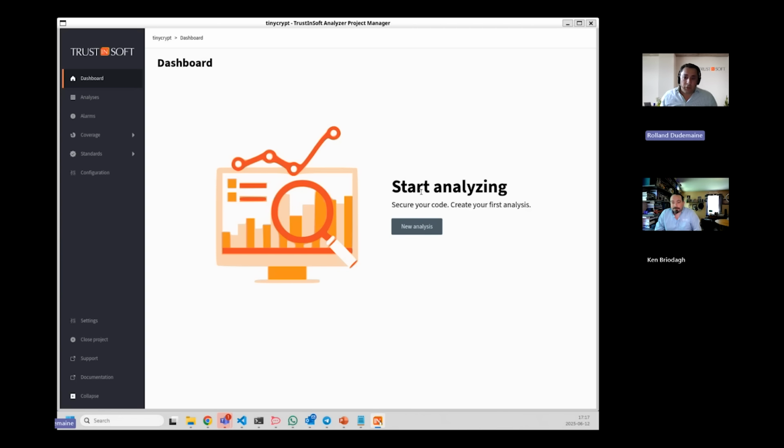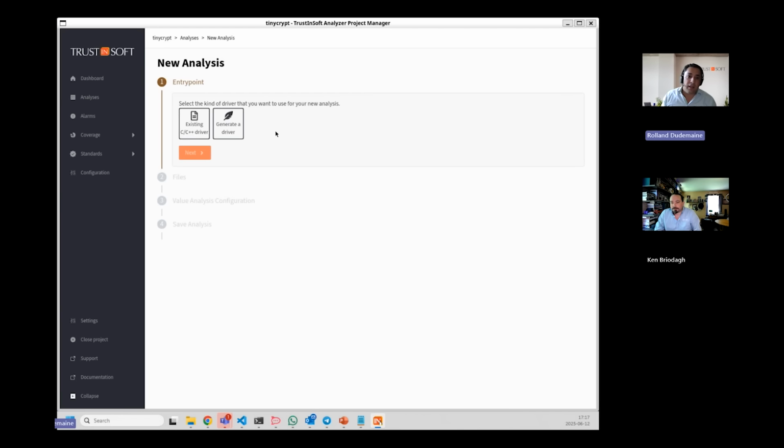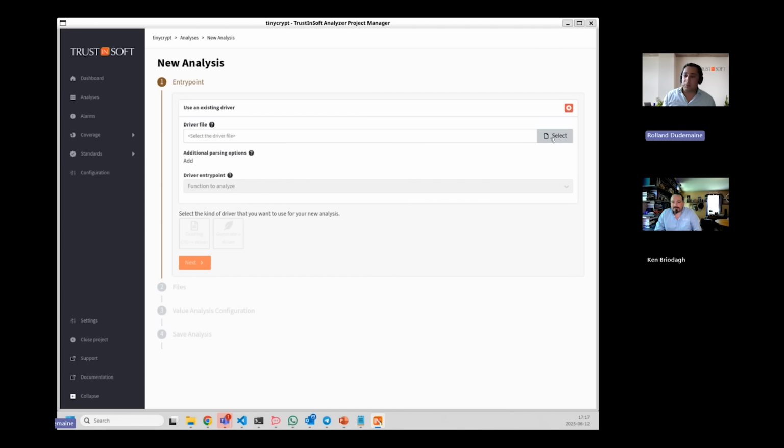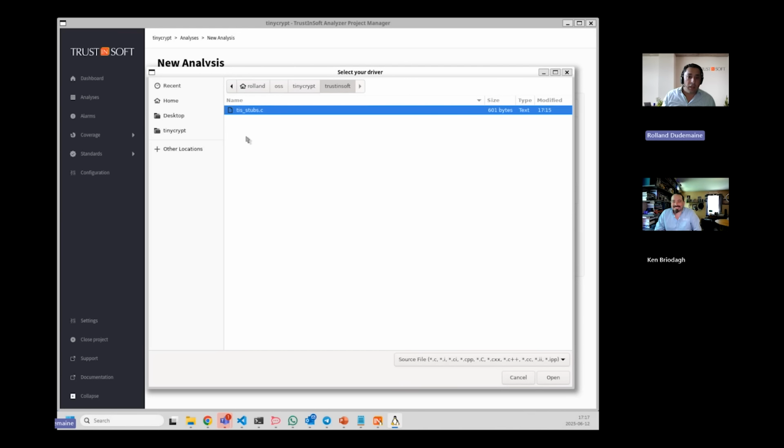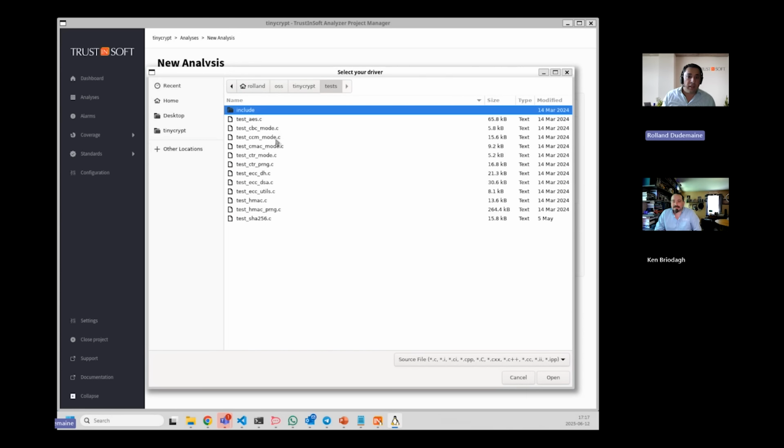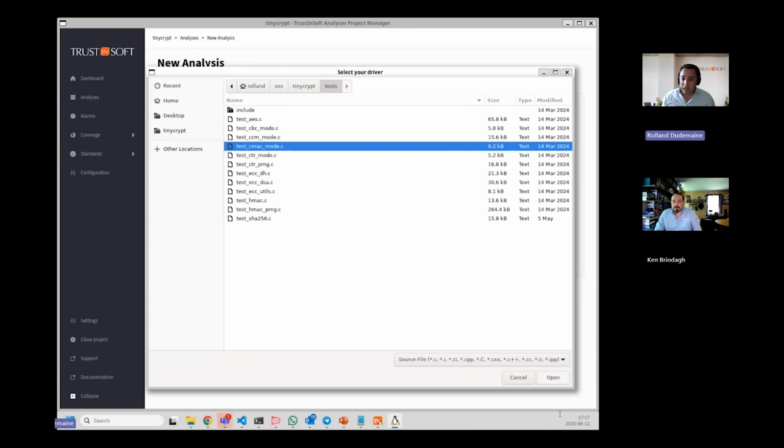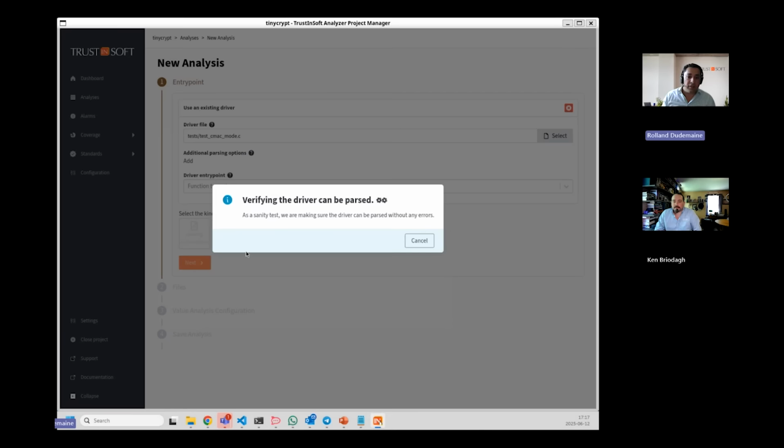All right. So let's start to create a new analysis here. I have tests in the tools in the source of TinyCrypt, so we can reuse the tests. If I didn't have tests, I could create what we call a driver to be able to test a particular interface. Since we have the luxury of having tests, let's use them. In particular here, not this directory, test. We see that we have tests for a variety of crypto algorithms. I'm going to use CMAC just because I know this one is nice.